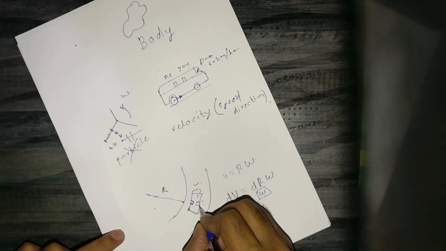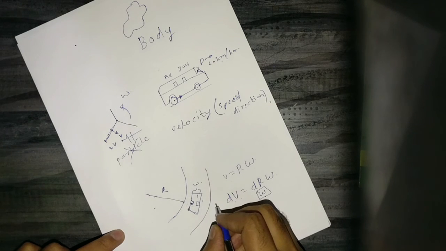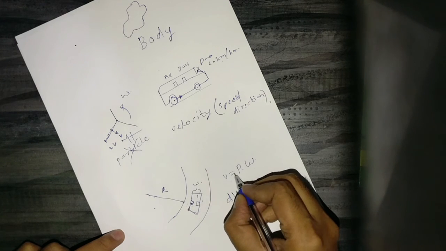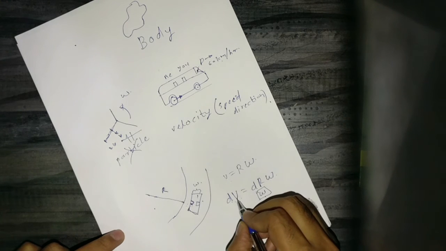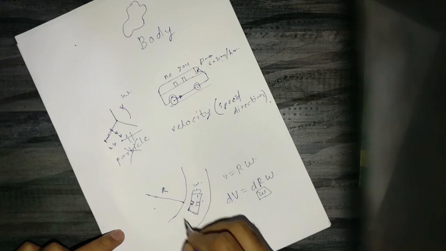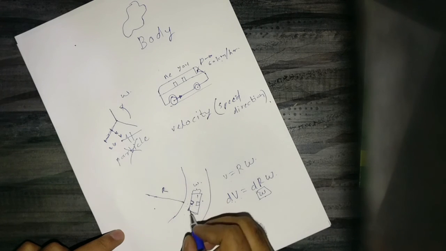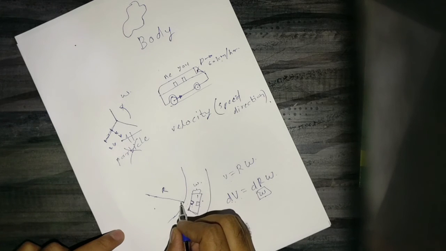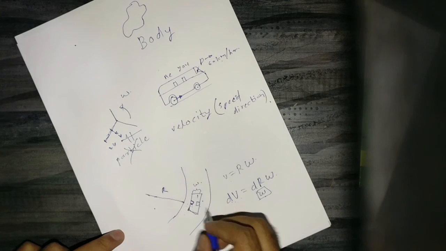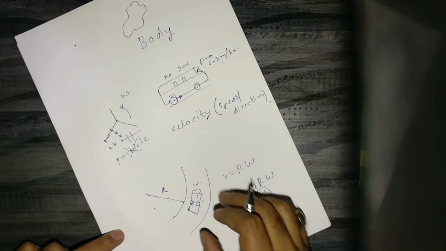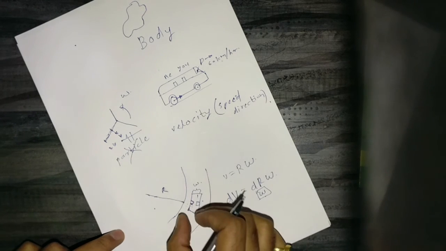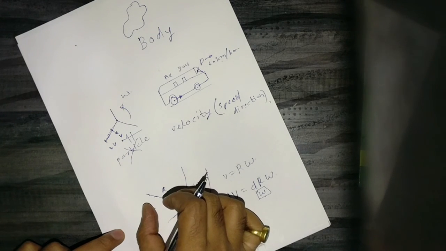But in some cases it can be assumed as a particle because, as you know, v is equal to r omega, so dv is equal to dr omega. Of course dr is equal to the width of this bus. Now the change in velocity between you and me is really negligible compared to the radius of rotation, right? You getting this? So in this case it can be assumed as a particle since this width is really small compared to the radius of rotation.